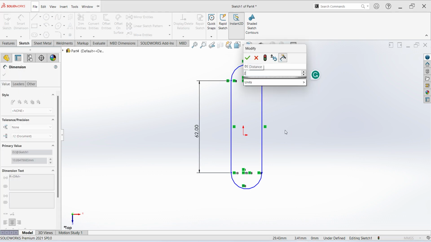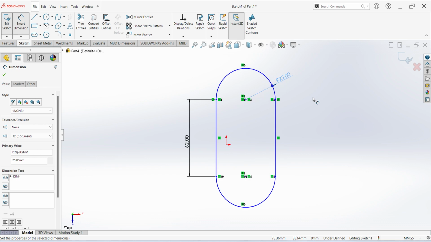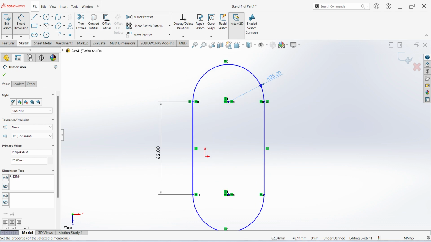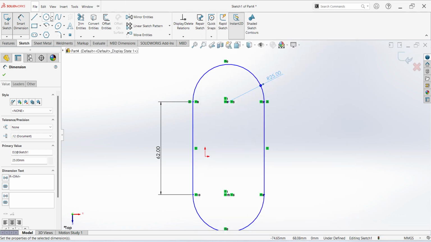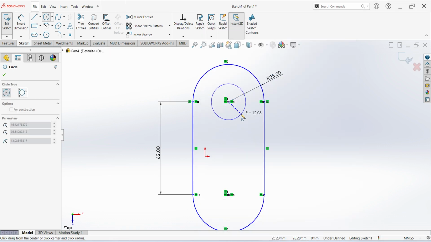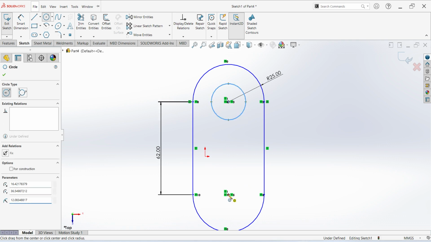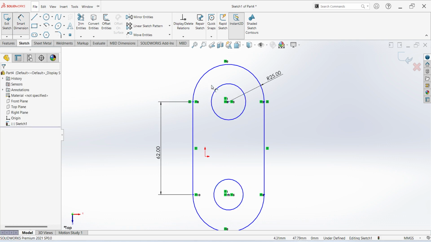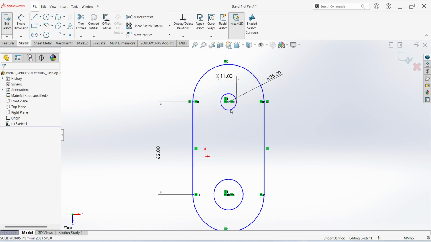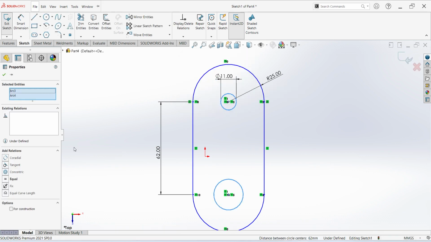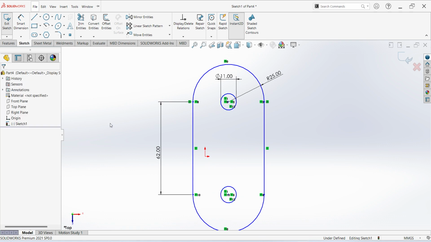diameter is 25 mm, and again you can see there is a small 2 holes, that is dia 11 mm. For that, create circle, give the dimension 11 mm, select this circle and this circle, give the equal constraint,